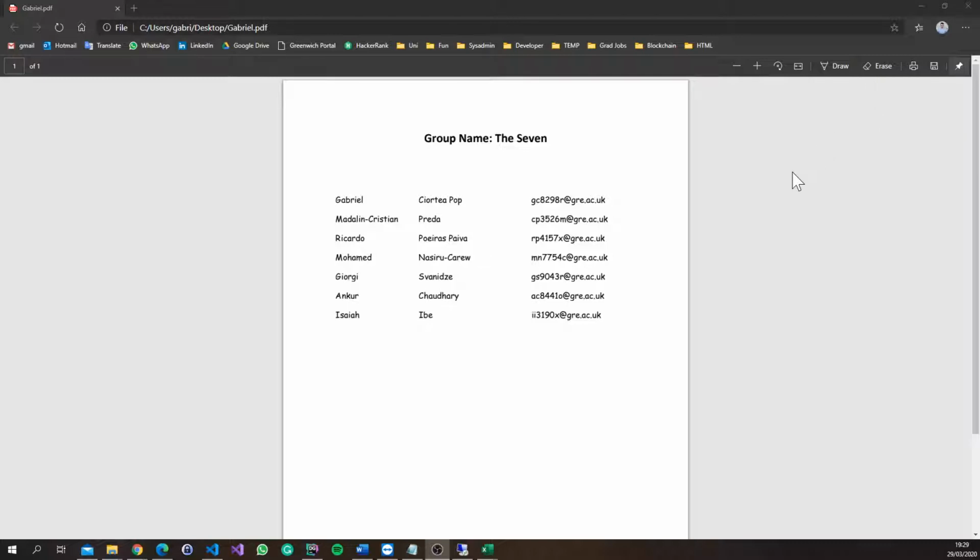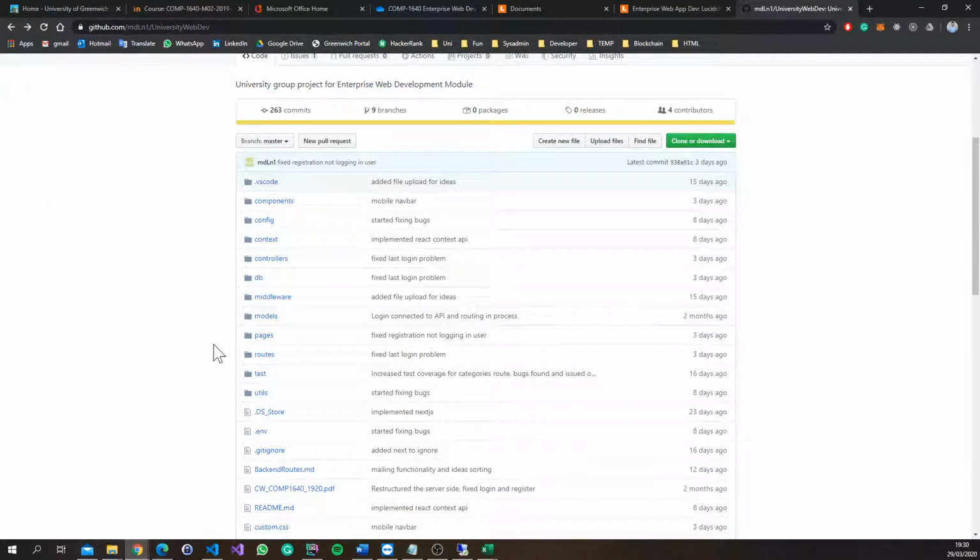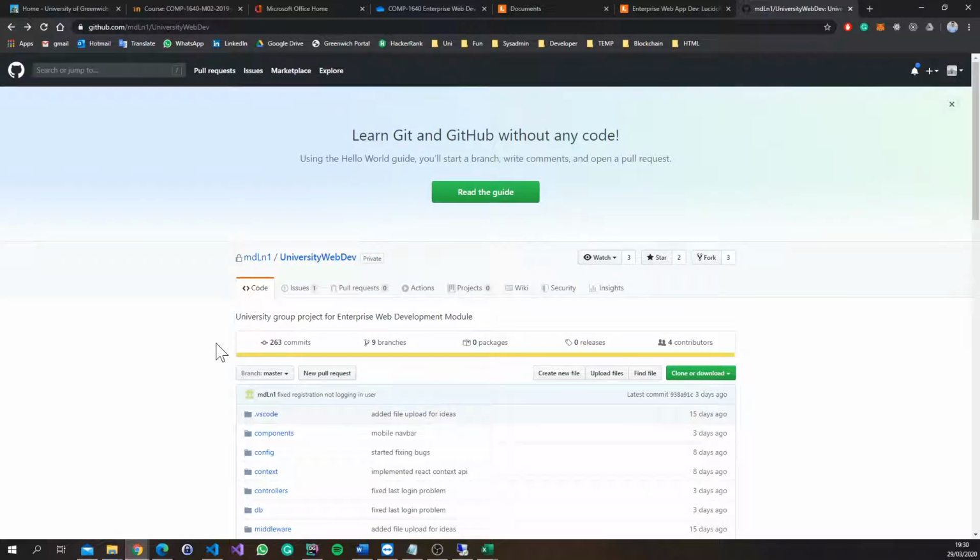I'm going to present all the tools used to enable an efficient Scrum team in this presentation. Of course, one of the most important tools used is GitHub. The repository was hosted by Madeline, one of the group members,